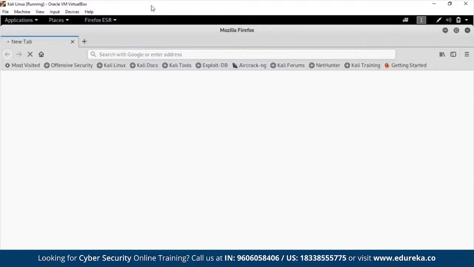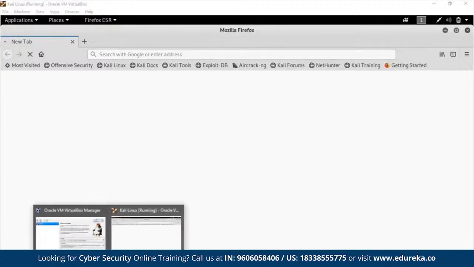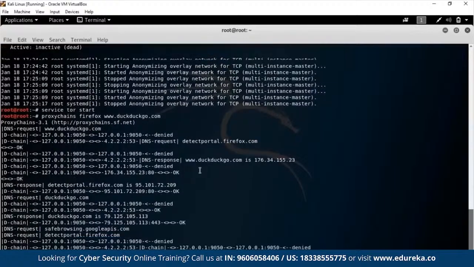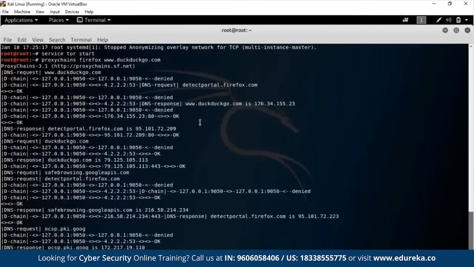Now your packets are going to be directed through a bunch of IP addresses, but we haven't actually put a bunch. We just put the loopback for the Tor network, so we will let Tor do the rest for us. Depending on your system, this might take a little bit of time to open up. Let's see what's happening on the terminal while this is loading. As you can see, it's going through a bunch of proxies, and some are denying it, and some are saying it's okay.